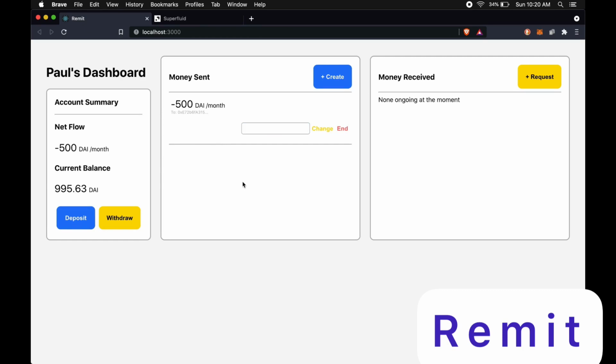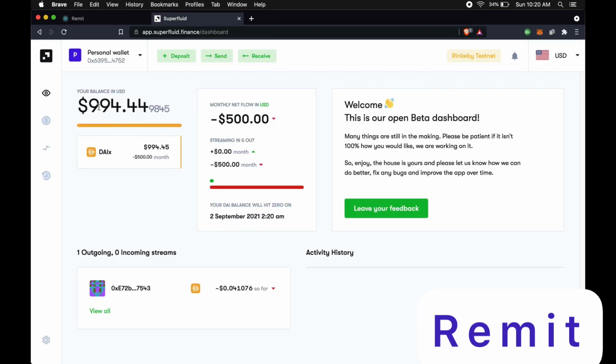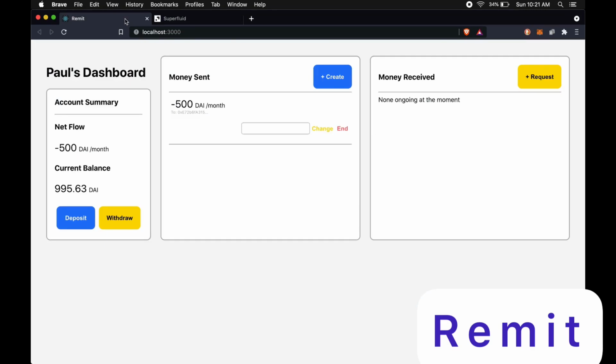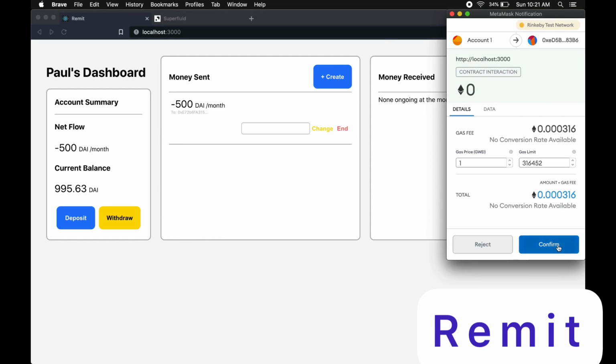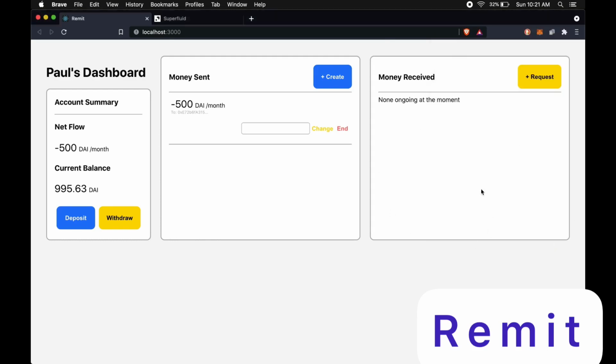and you'll be able to see that is going in real time as well to Bob's account here. Now let's say that Bob, he just won the lottery, so he really does not need your remittance anymore. So what you could do is decide to terminate the remittance, so it's no longer going through, and